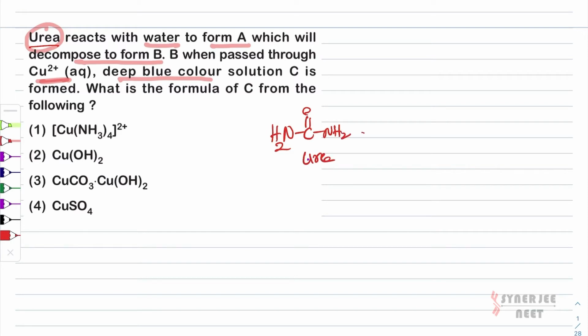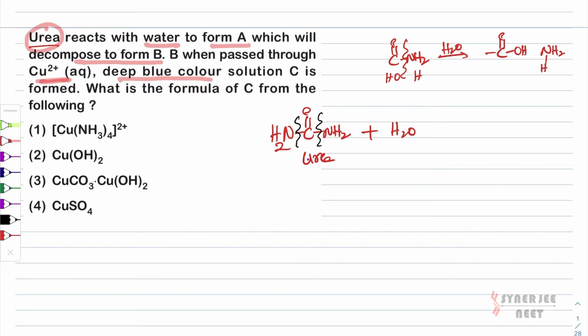Now urea reacts with water. So remember one thing, if any amide is there, we know that an amide on reaction with water gives what? When you break this bond, water has H and OH groups, so add OH on one side and H on the other side. So it becomes OH, a carboxylic acid, and the nitrogen part, where already 2 hydrogens are there, if you attach 1 hydrogen, becomes ammonia. So that is the rule. So therefore here you break these two sides, because carbon-nitrogen bonds are there on two sides. So you break both sides and see what happens here.